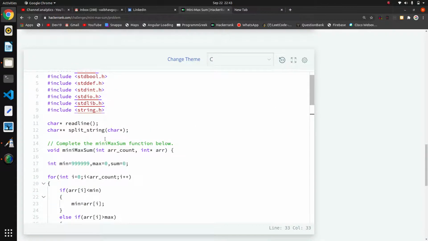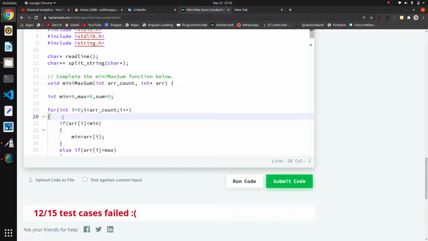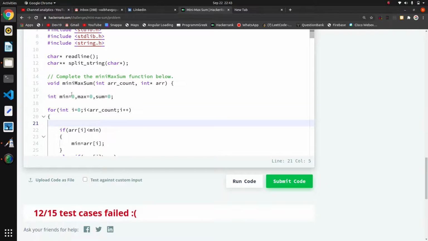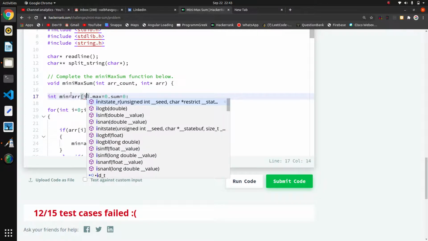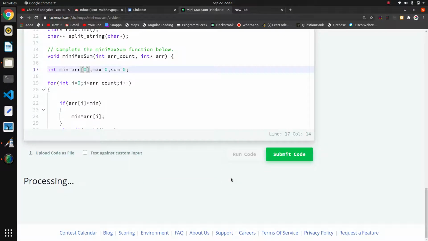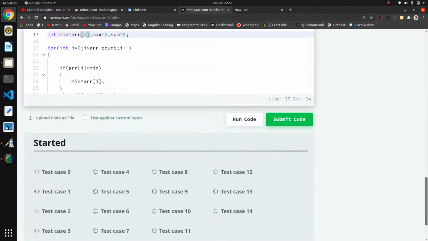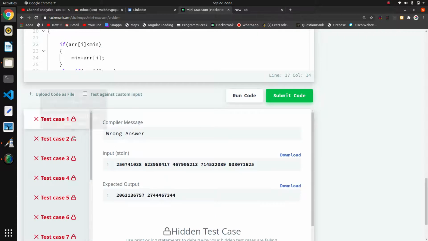I will do one thing: instead of assigning minimum with 0, I will directly use arr of 0. Now I will run my code. It was running before also. We have to submit the code now. Why is it again giving the error?